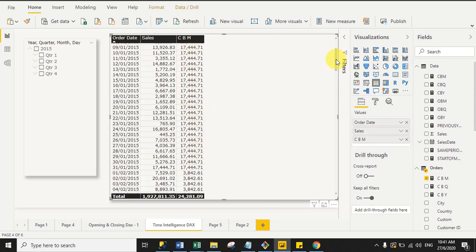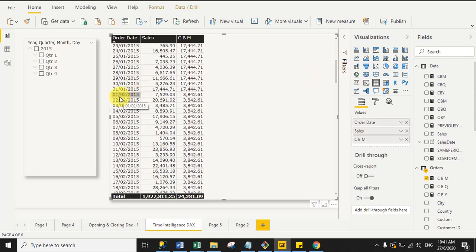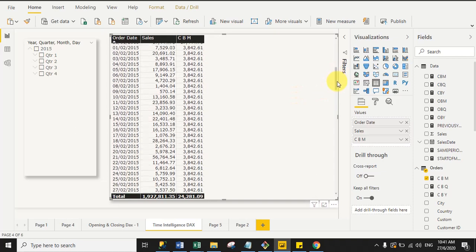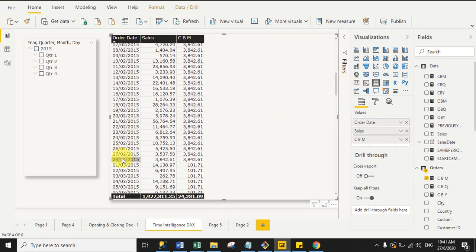And now move to the next month. So for February, you can see here the last day's sale is 20th February 2015 and the sale value is 3,842.61. So that's why it is returning the same sales value against the whole February month, right?